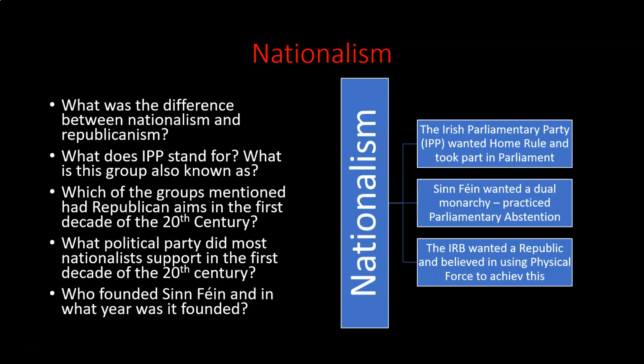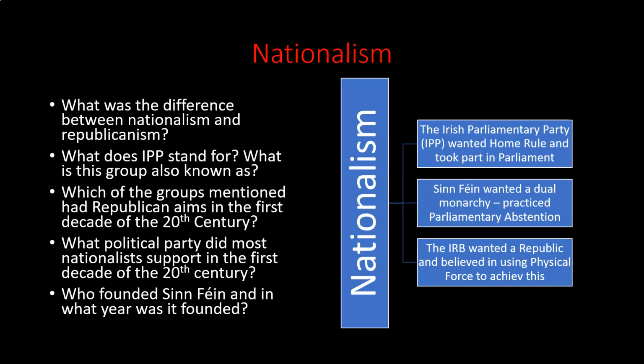There is absolutely no connection with Britain, so get rid of the king. There would be no king or queen. There would be no connections with Westminster. Ireland would be a republic, quite similar to what we have today. A big difference here being that they want the whole island. Okay, so the ideas that they have would be quite similar to the ideas of the IRA at later times, and the IRB are willing to use physical force. They believe that physical force and violence is the way to go about getting this. Okay, the way to achieve the republic that they want.